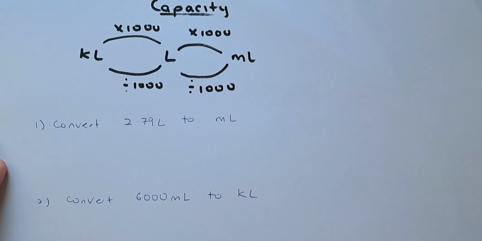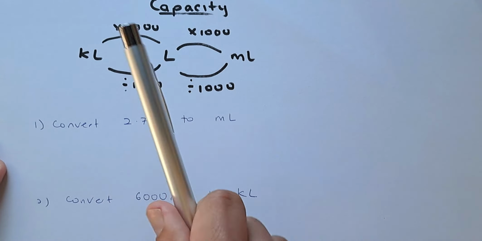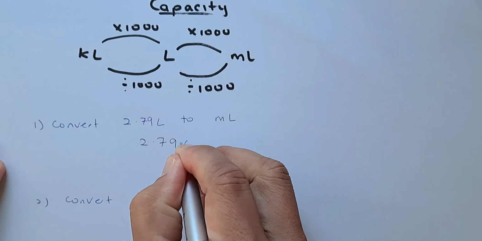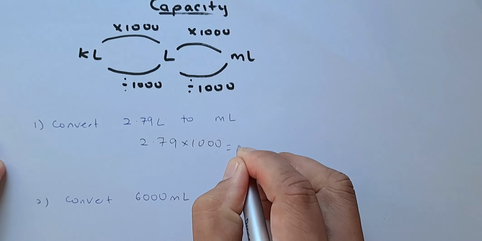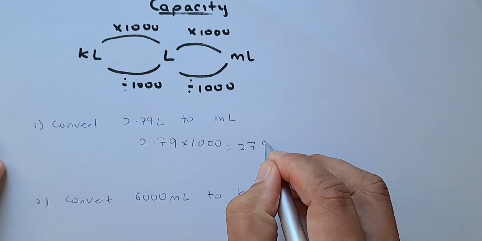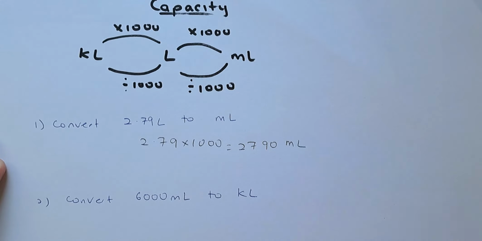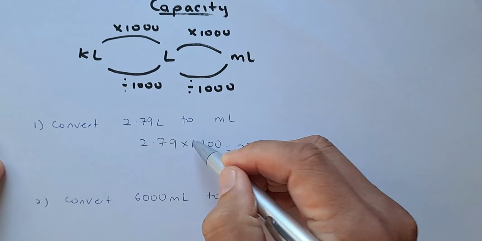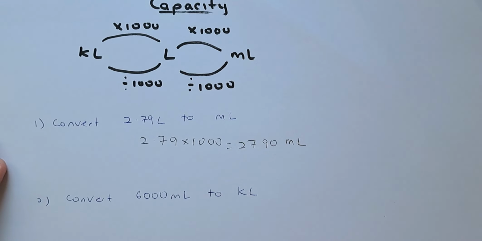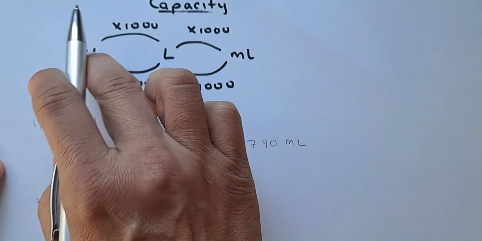Again, we'll look at two examples. If we are to convert 2.79 liters to milliliters, you are here and you're going to be there. So you just take 2.79 and multiply by 1,000. That will give you 2,790 milliliters. On the other hand, if you have 6,000 milliliters and you want to go to kiloliters,